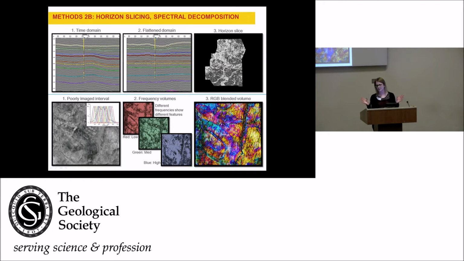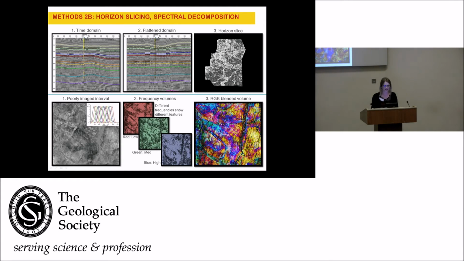Depending on what package you're using or what company you're in, you might be calling it proportional slicing, sculpting, or goodness knows what else. If you look at the top right figure, that's one of my horizon slices, and it shows what appears to be a distributary network of channels. So on to